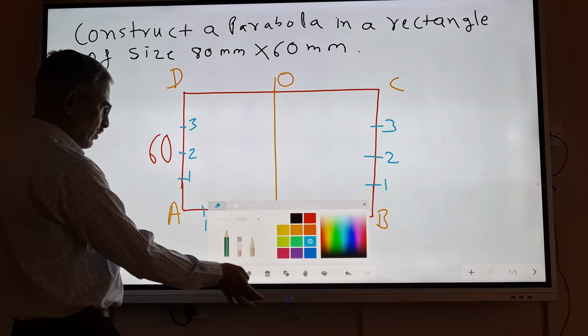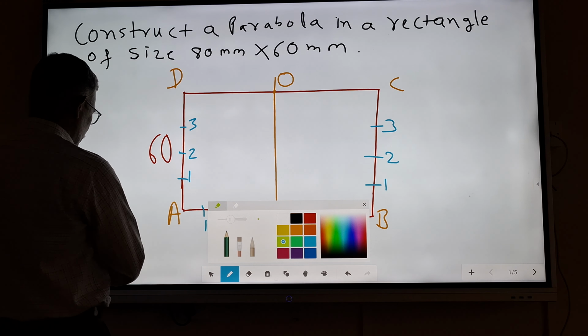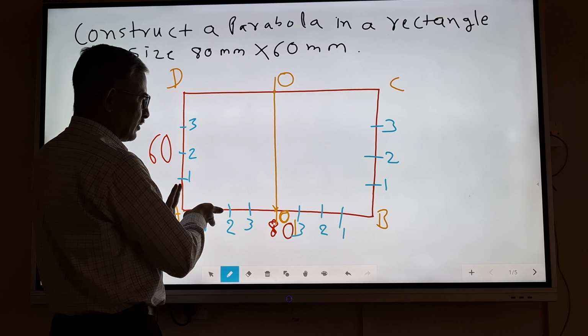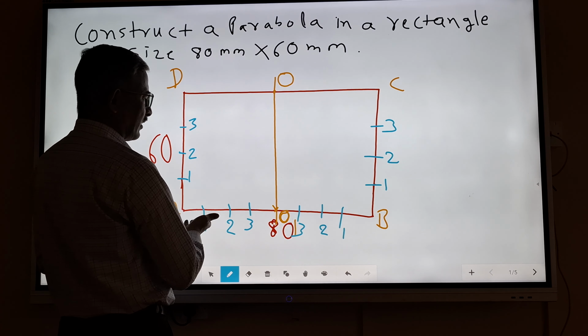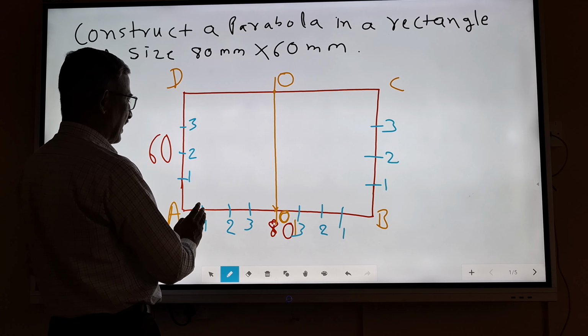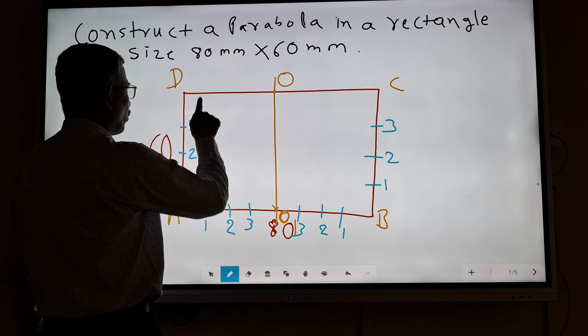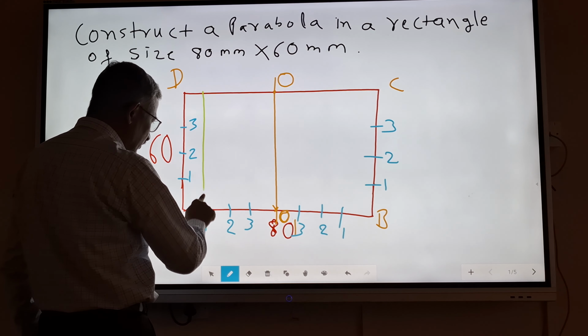The next step that you can do is, through all the points along the horizontal line, you have to draw vertical lines. Say these points 1, 2, 3 and 1, 2, 3, you have to draw vertical lines.